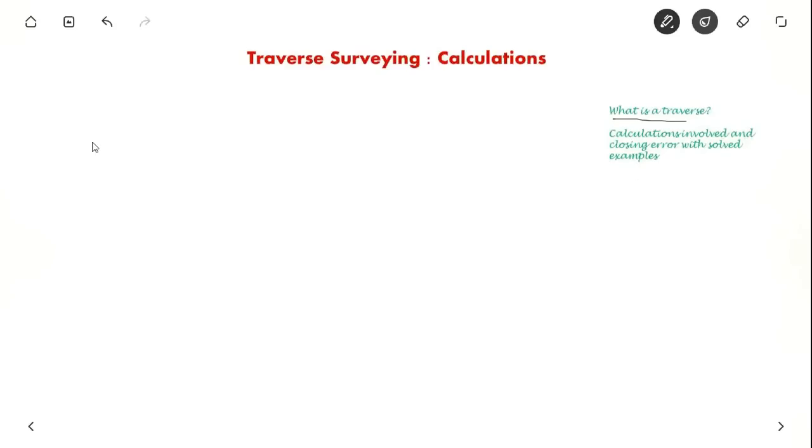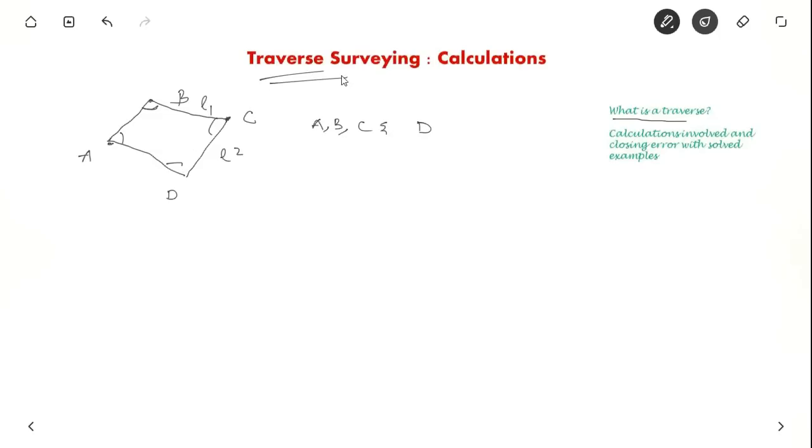So first of all, what is traverse surveying? Suppose you have point A and next you have point B. Now you want to establish point C. By linear measurement and angular measurement you will measure the location of point C accurately. Now again you have D. You have linear measurement and angular measurement, and similarly from D you go back to A. So with the help of angular and linear measurements you are locating the stations A, B, C and D. Each survey station is located by measuring the adjacent angles and length.